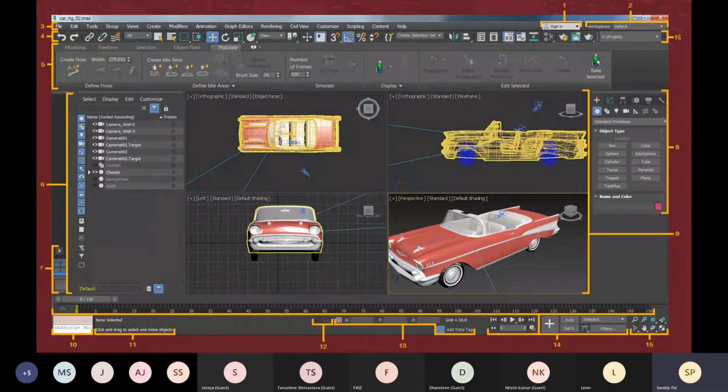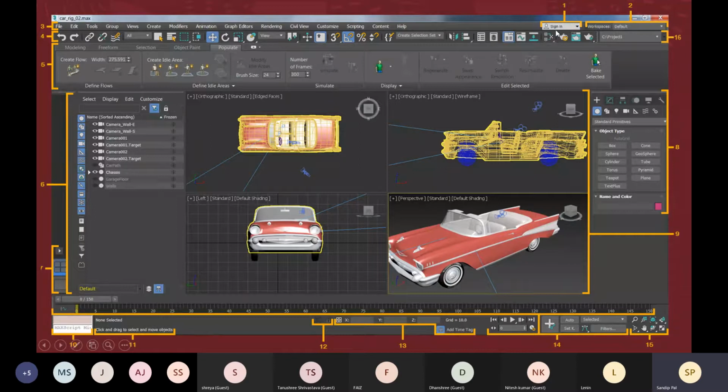You can create a realistic, photorealistic image, proper, accurate materials you can create here. You can place them over the object. You can place all the lights to get all the material effects, shadows, and reflections. And according to that, you will get the output. So this is the GUI, graphical user interface, of 3ds Max.